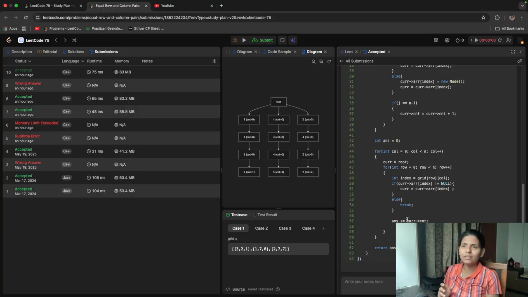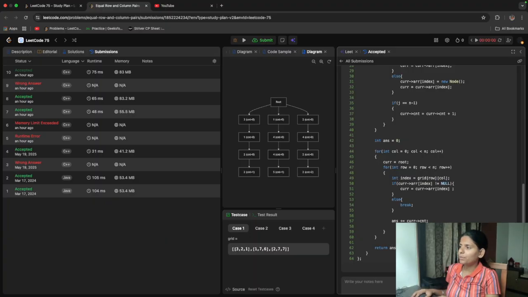Adding 0 doesn't make any change to the answer, so I just perform this operation every time. We can also add a condition, that if my row is n minus 1, then add this. But that doesn't make any difference, and then we will return the answer.